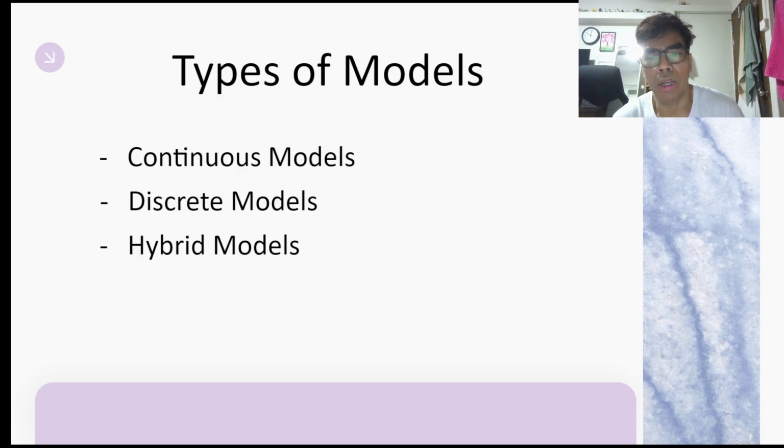So, it is a change at a specific point in time. Then a hybrid model is a combination of continuous and discrete. An example of this is a thermostat system that continuously measures temperature and switches the heater on and off. So continuous is the measured temperature, then the switching of the heater on and off is the discrete.